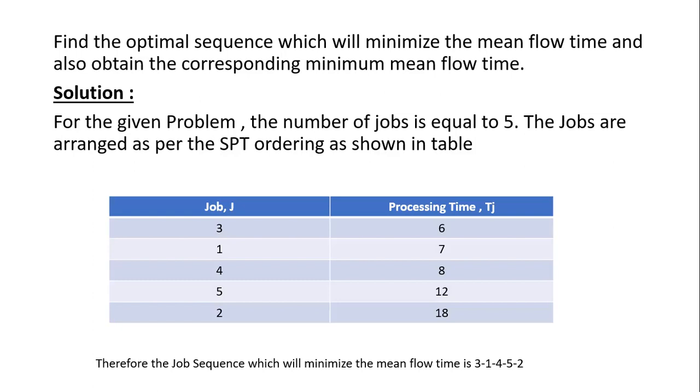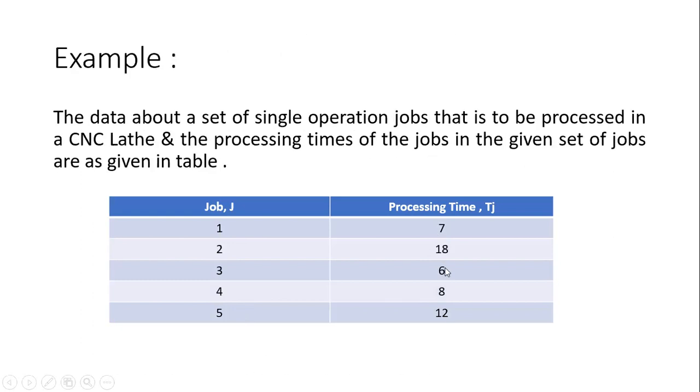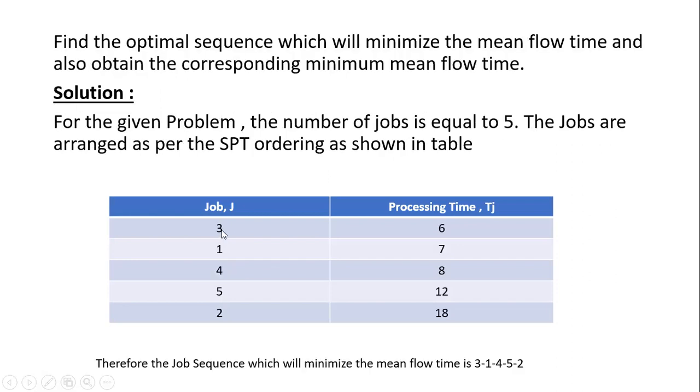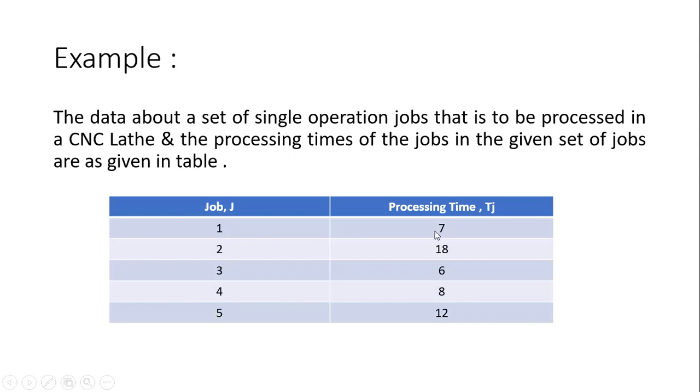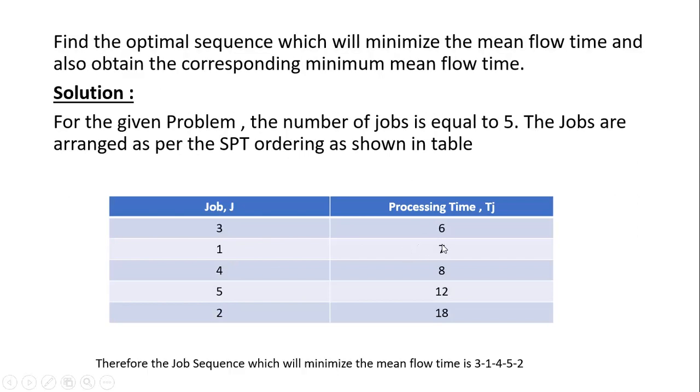So in this problem, we have to shift the sequence of the job order in order to find the minimum mean flow time of the job. By applying the SPT rule, we can order the arrangement of the jobs by identifying the least process time from the previous table. Here, the least process time is 6 minutes, so job 3. Put job 3 in the first sequence. Identify the second minimum: job 1, the next least process time, 7 minutes. Then the third minimum, 8 minutes. So in increasing pattern, rearrange the sequence of the jobs